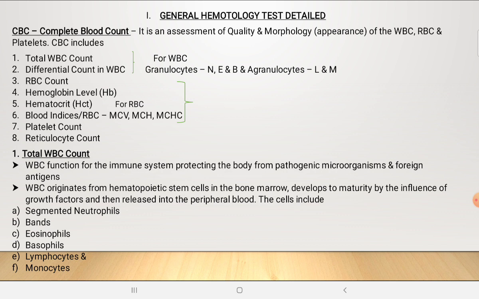These three tests are done in your blood indices, that is, the color of the hemoglobin, the amount of hemoglobin, and the mean corpuscular volume. Corpuscle means your RBCs, the number of RBCs that are present. That is all assessed in your blood indices, and accordingly an interpretation is given of what condition your body will be having. And the next assessment in CBC is the assessment of your platelet count, and the last